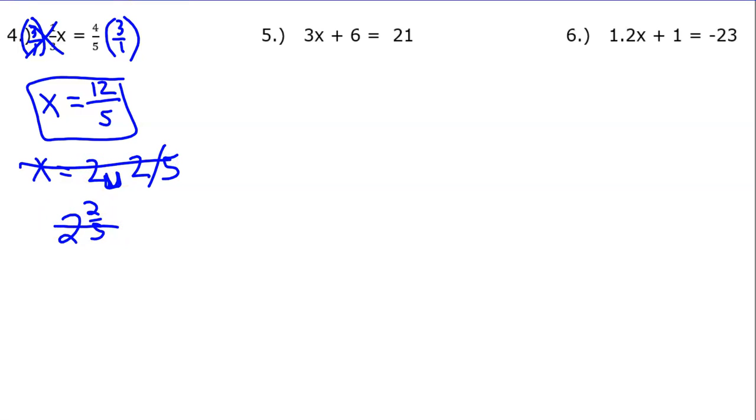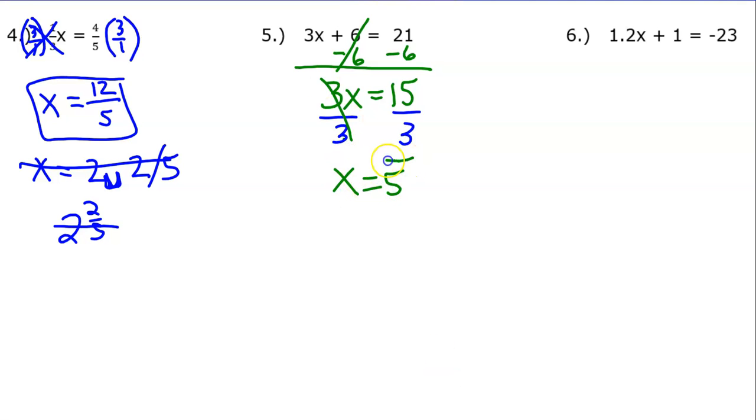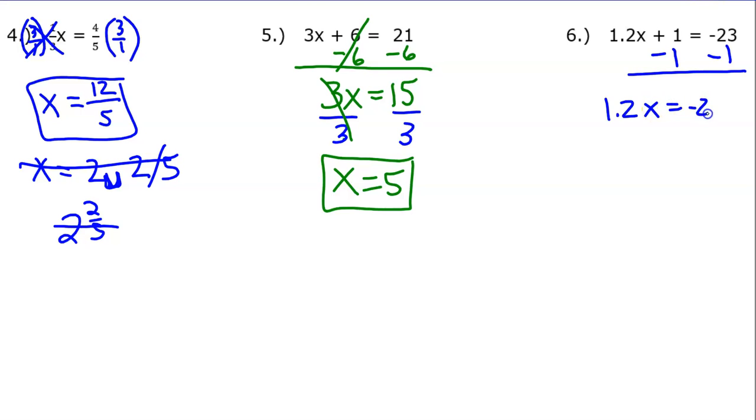Alright, let's take a look at number 5. Subtract 6 to clear the constant, then rewrite what's left, and then divide by 3 to clear the coefficient, and rewrite what's left. Number 6, clear the constant, and then divide by 1.2